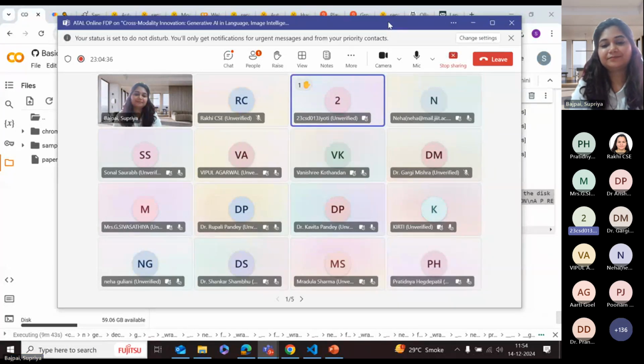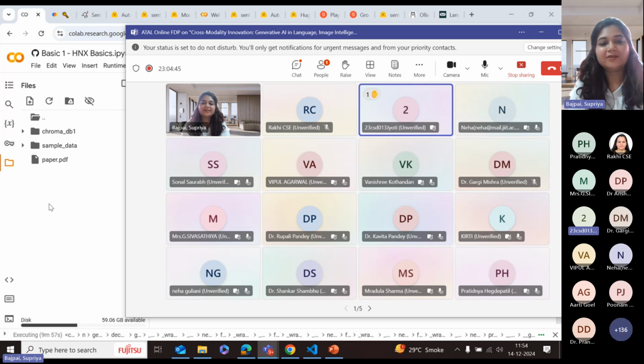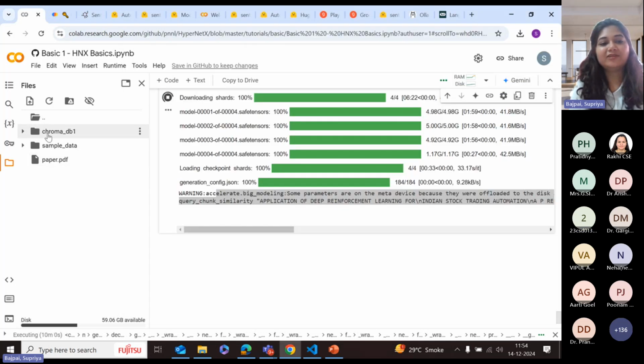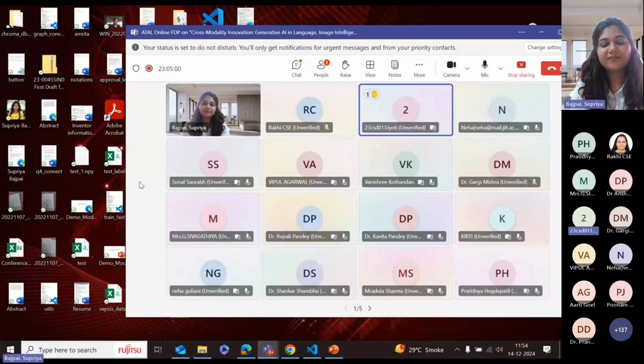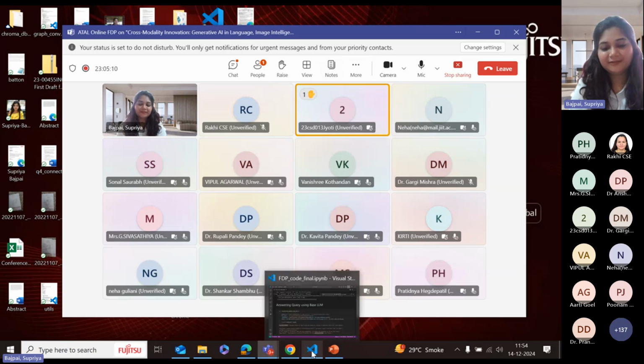When we are just importing that Chroma DB, it is there on the system only, right? Yes, right now you can see this is on our system only. So whatever query is going for retrieval is going here only. And for the question about the research paper that you asked, the system was still hallucinating, right? Yes, because first of all, I was using just this PDF. If you look at the PDF,